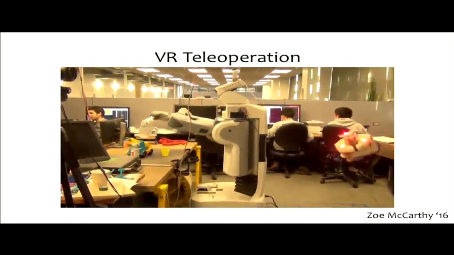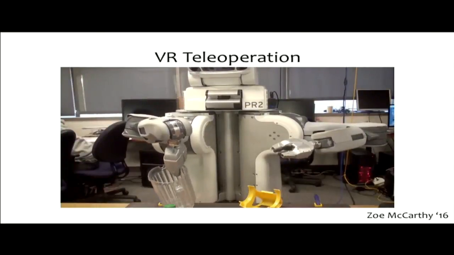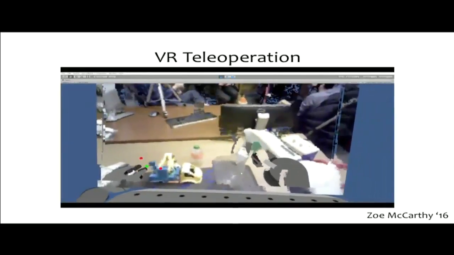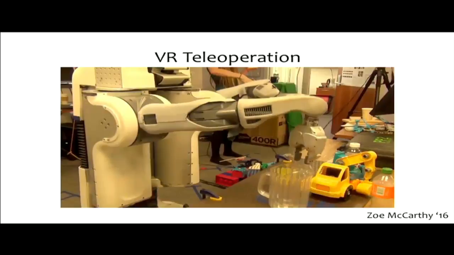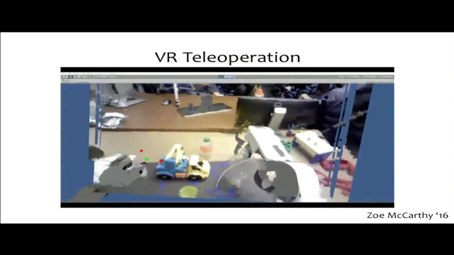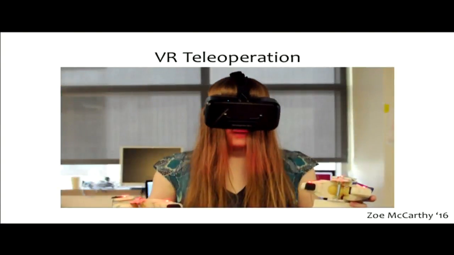Her version right now is much more sophisticated than this. But you can see that she's able to mess around with the objects through this first-person view. And this is what, in her early version of the prototype, she's actually seeing in the VR headset. And I've talked to her a little bit about this. And again, this could be one very interesting way to actually control robots, because you can get the first-person view of what the robot is seeing.